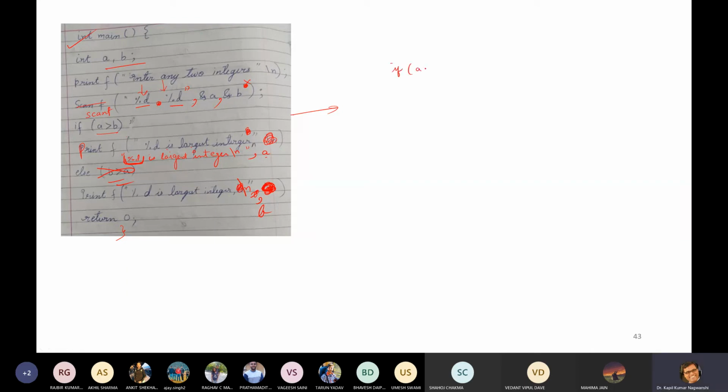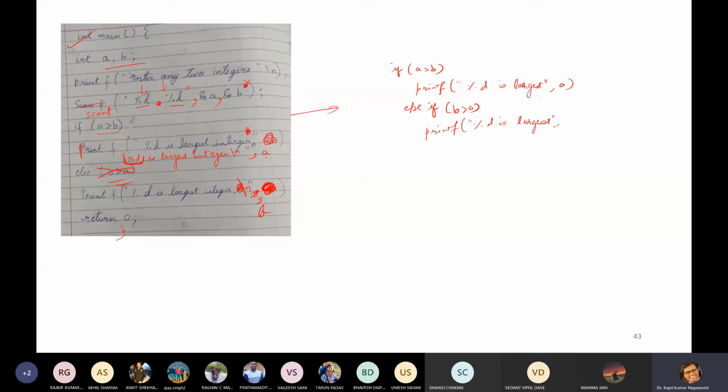if a is greater than b, printf %d is largest, comma a. Else, if you want to write more conditions, b is greater than a, then printf %d is largest.